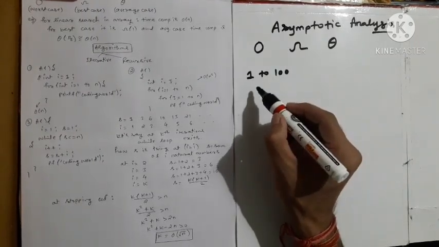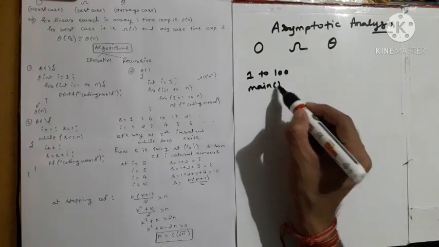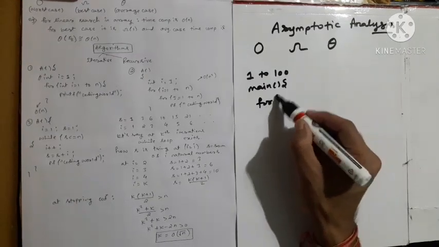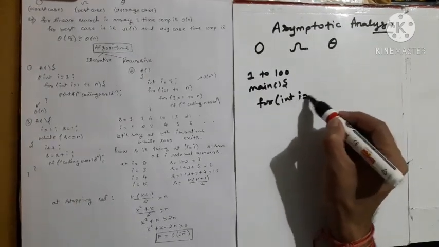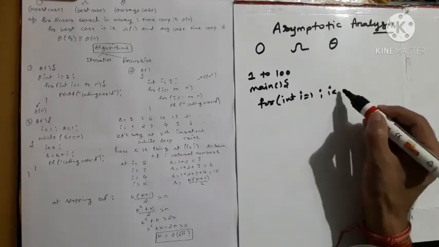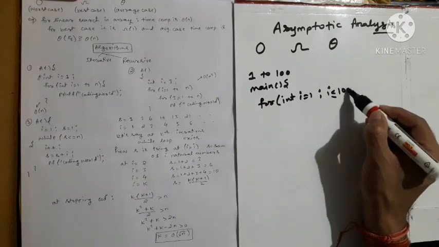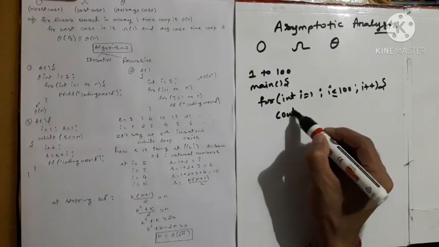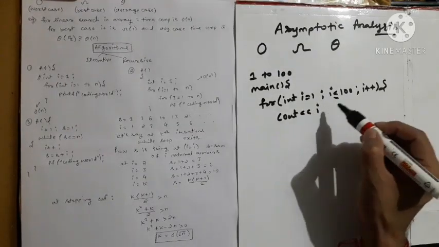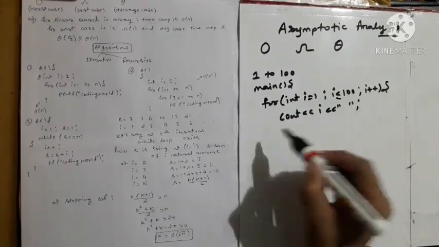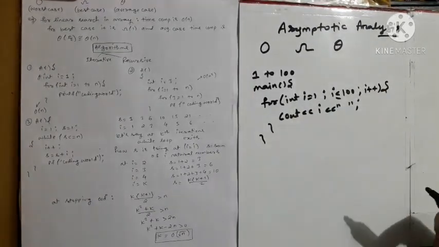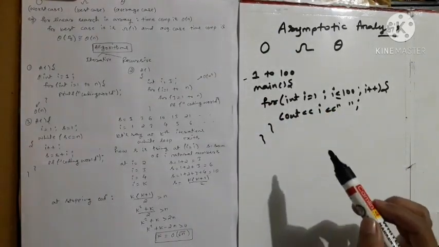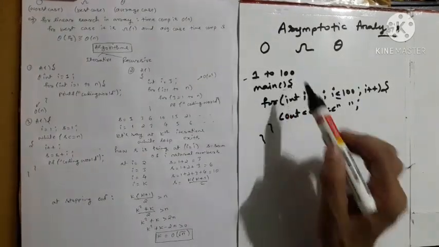So what will our solution be? We will write a main function, and in this main function, for int i equals 1, for i less than or equal to 100, i plus plus, and we are going to cout i followed by some space, and then done. So this coding problem says that we have to print the numbers from 1 to 100 including 1 and 100. So this is the proper code.